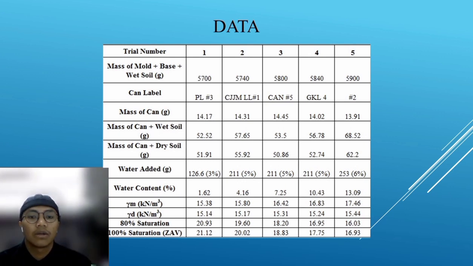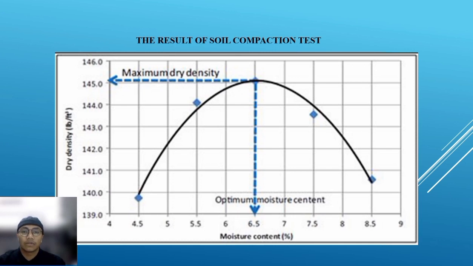80% saturation, 20.93 for number 1, 19.60 for number 2, 18.20 for number 3, 16.95 number 4, and number 5, 16.03. 100% saturation, 21.12 number 1, number 2, 20.02, number 3, 18.83, number 4, 70.75, and number 5, 16.93. So for the result of soil compaction test,